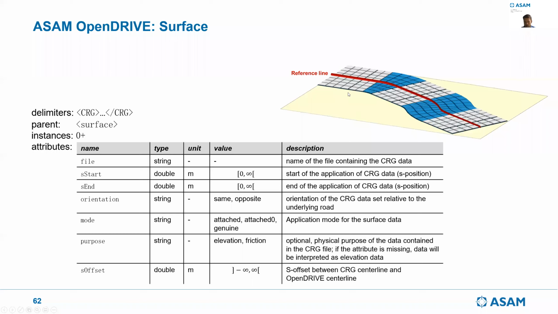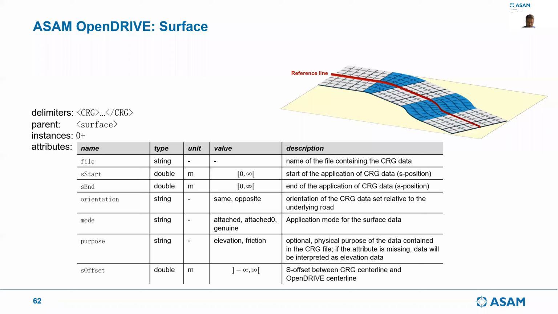And that's when we can define or add OpenCRG patches onto the road. OpenCRG is a very detailed way of modeling road surfaces, and you can just stick them onto the OpenDRIVE road network. And that's it. So we have the attributes here again. You pretty much define the starting position and the ending position of the window